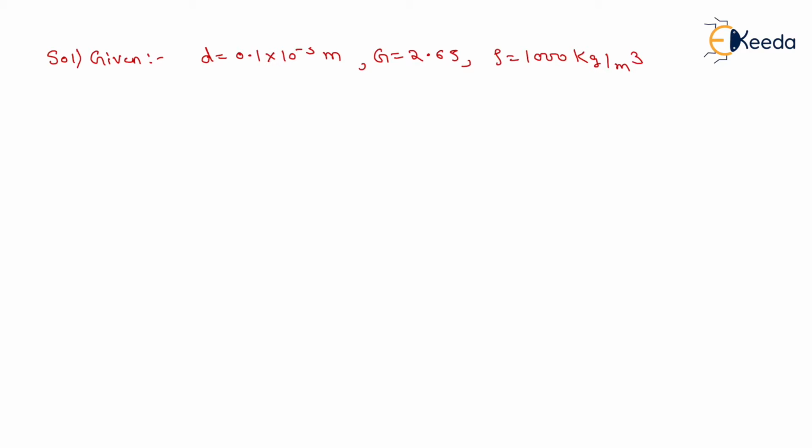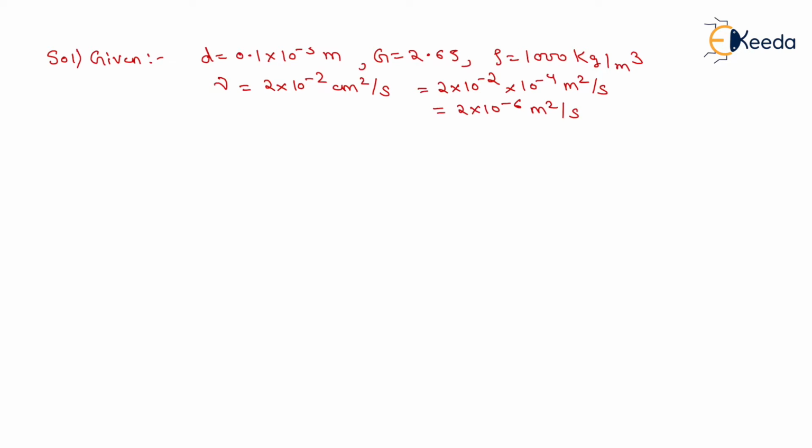Similarly, kinematic viscosity is given, that is nu, which will be equal to 2 into 10 to the power minus 2 centimeter square per second. Now we want this in meter square per second. For the conversion of 1 centimeter into 1 meter, we need to multiply by 10 to the power minus 2, but we want the conversion of centimeter square into meter square, so we write 10 to the power minus 4 meter square per second. Clear? Now it will be equal to 2 into 10 to the power minus 6 meter square per second.